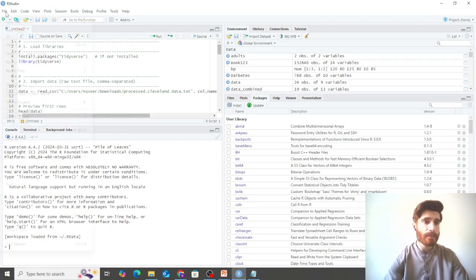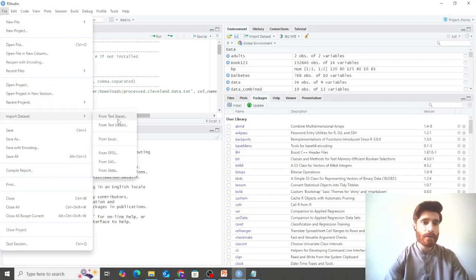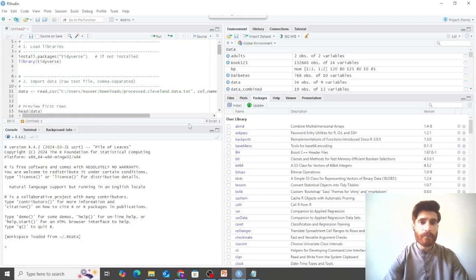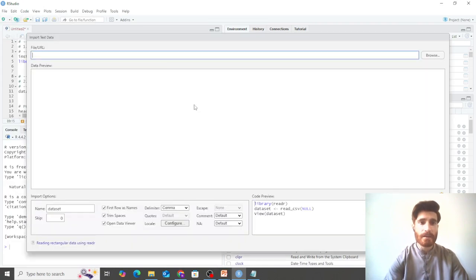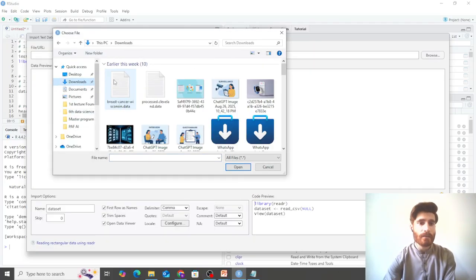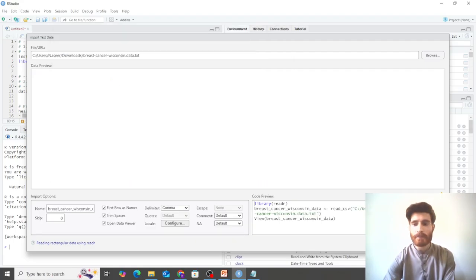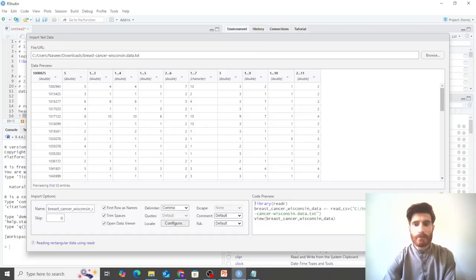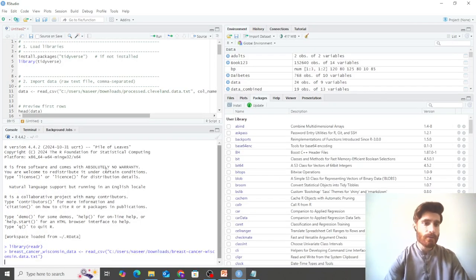So if I am importing the text data, then I will select the text reader, browse your data, enter your data. This is our data, and it will take some time to process it. So once the data is processed, you can